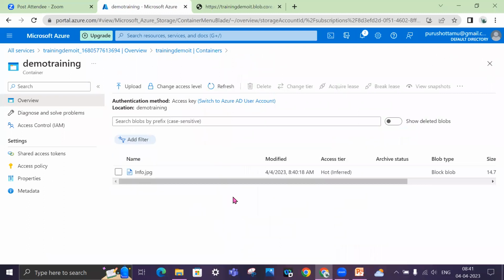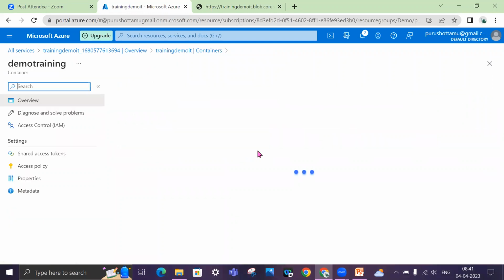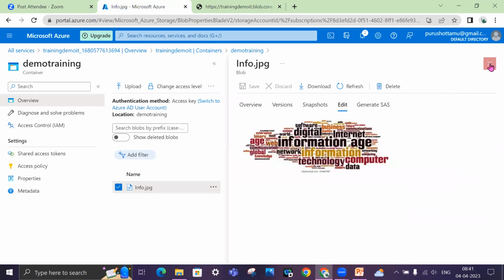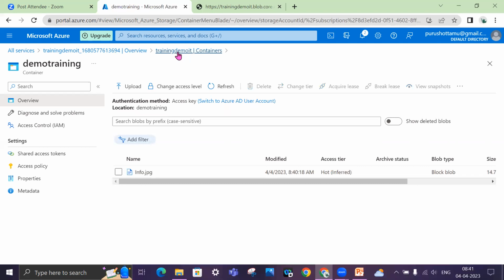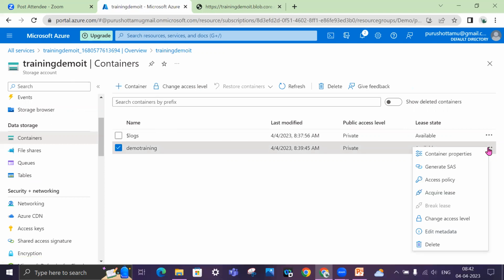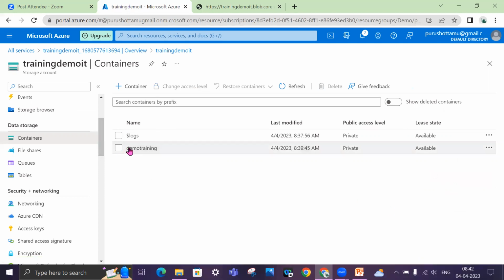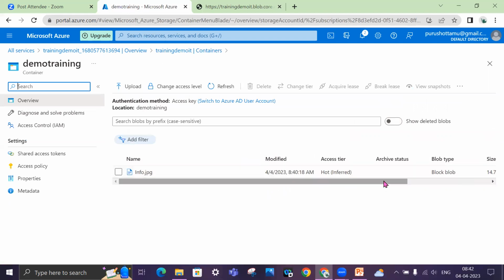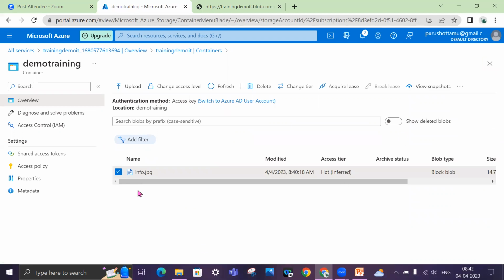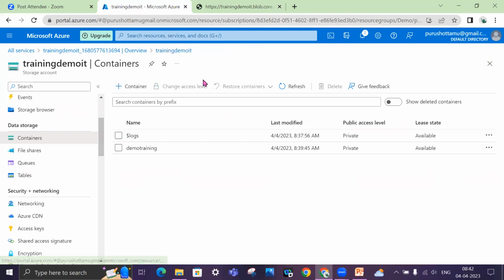Right now it's private, so you can't access it, but we can convert it to public so that it can be accessed through the internet as well.